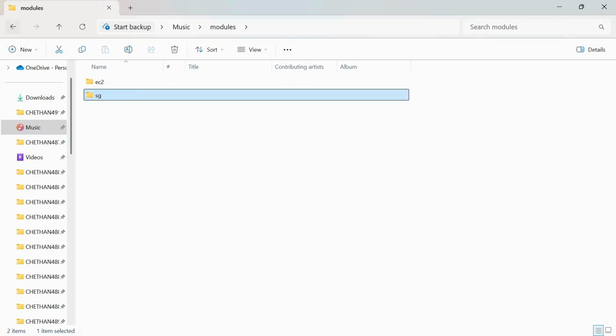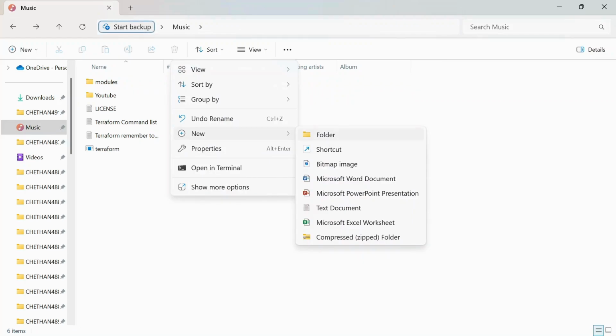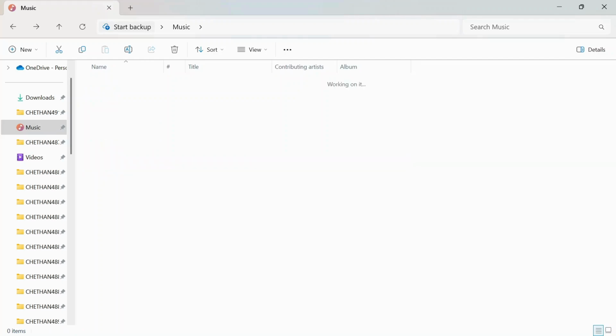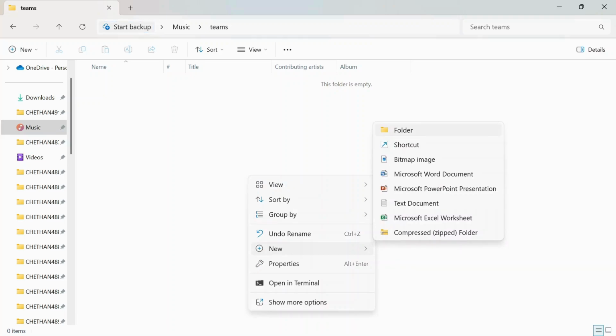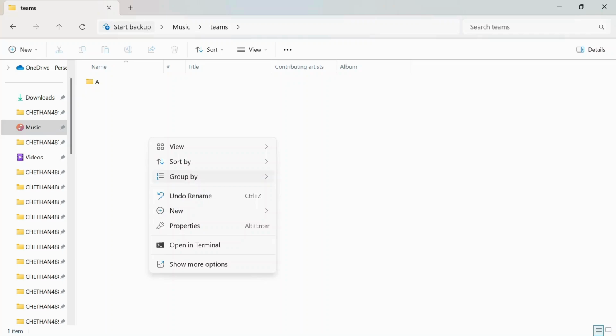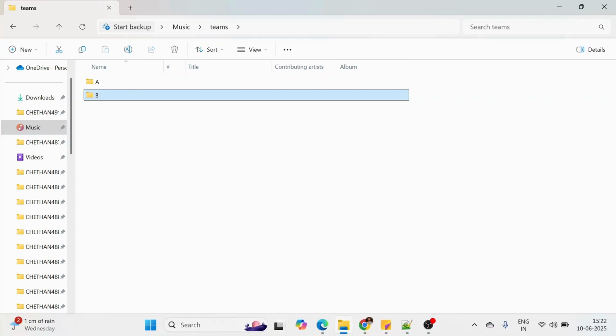Then let's go back, and we will create another folder with the name of teams. Inside this teams folder we are going to create two subfolders, one with the name of team A and another subfolder, team B.